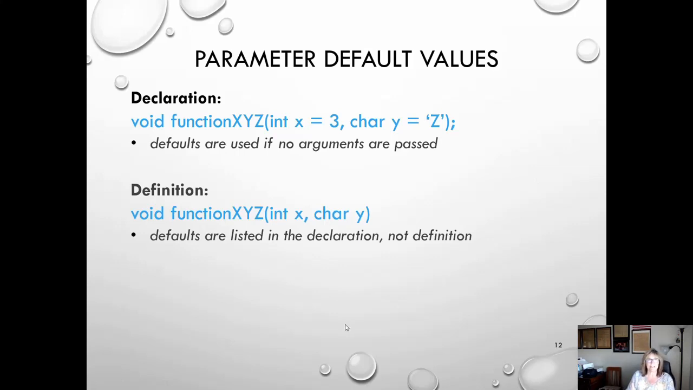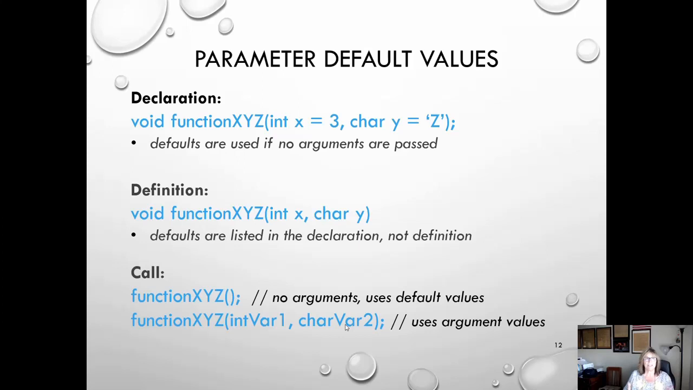But if we don't have a declaration, because we put the definition above main so that it has been defined above main, then I would definitely have to set those default values in it. And here's an example of the function call. Notice on the first one, no arguments. So if I don't pass any arguments to it, it's going to automatically use the default values that are defined in the declaration, or I could pass one or more